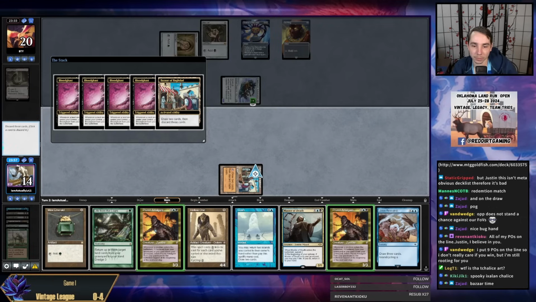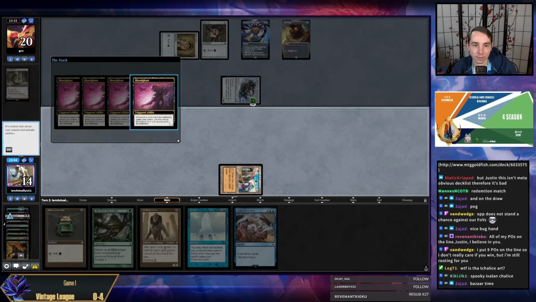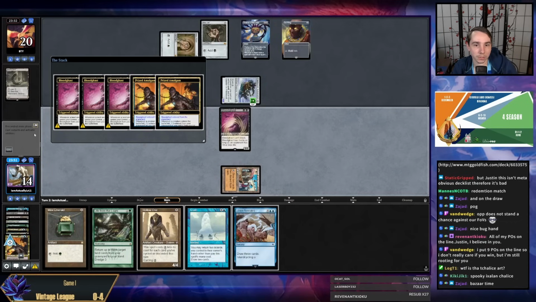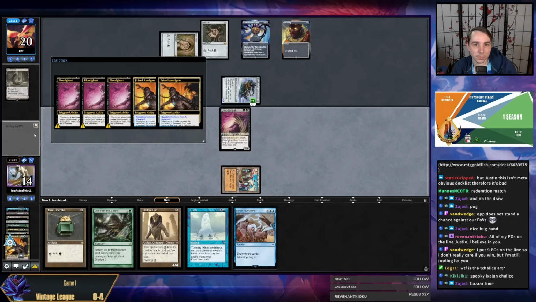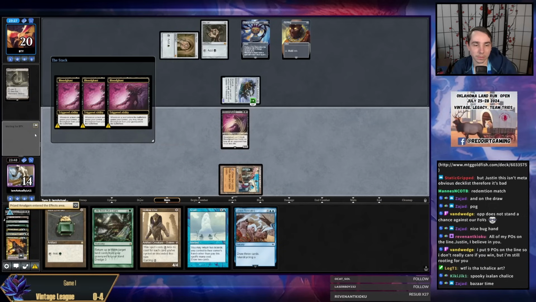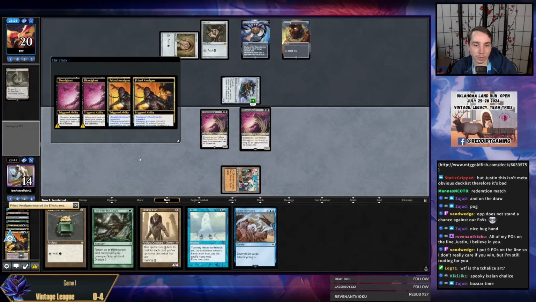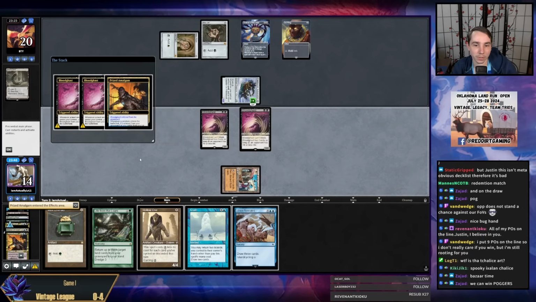Yeah, 2 Amalgams and a Master of Death in the yard. Return my Bloodghast. And then play a Hollow One? We're pretty far from this Loam, unfortunately, but...